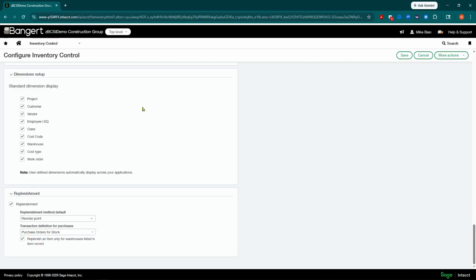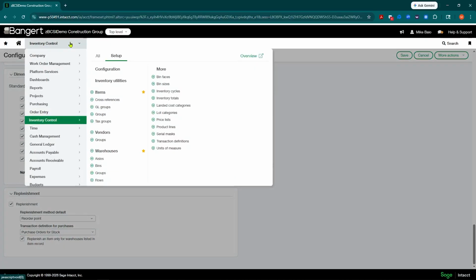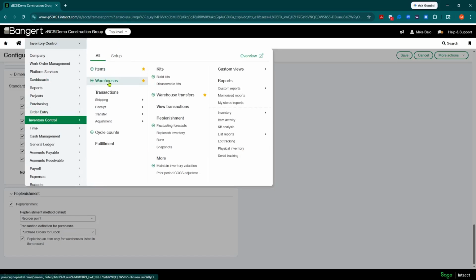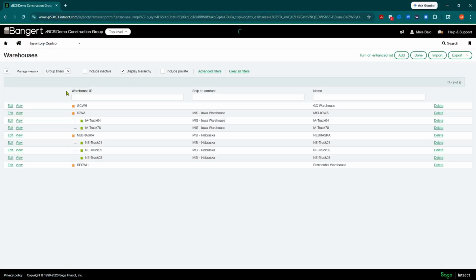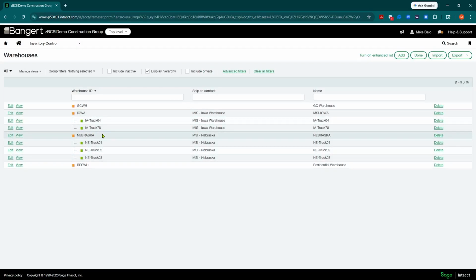The next area to go into for configuration is your warehouse location. If I go up into inventory at top level, I have warehouses. Typically these are going to be set up at top level. In your instance, you may have decided to set up your warehouse as an entity, so just make sure you're in the correct level as far as where you need to set up these items in the system. So we're going to go into our warehouse list. Regardless of whether you have one warehouse or multiple warehouses, you're going to want to come in here and do some configuration on those warehouses.